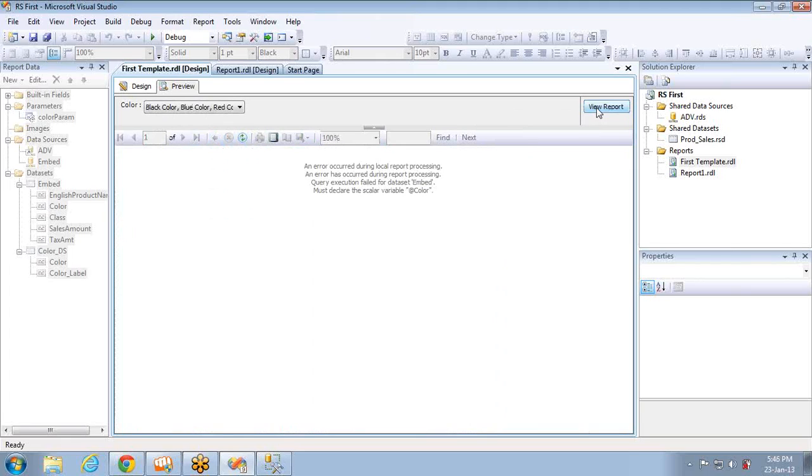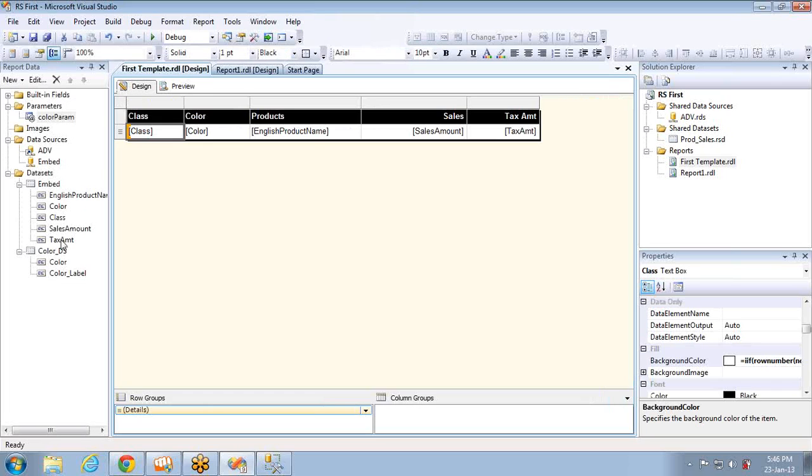But if you execute it, it is throwing an error. What could be the reason? Can anyone go for a guess? You can see query execution failed for dataset embed. Must declare the scalar variable at red color. The reason is